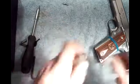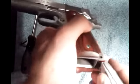And next we want to put it back on, and you have a little pin back here. You can see it right in there. You want to make sure this is all the way leaned back. That way it can go into that retaining cap. And what you usually have to end up doing is turning your gun upside down, and then putting in the mainspring housing. It'll just slide right in there into the grooves,